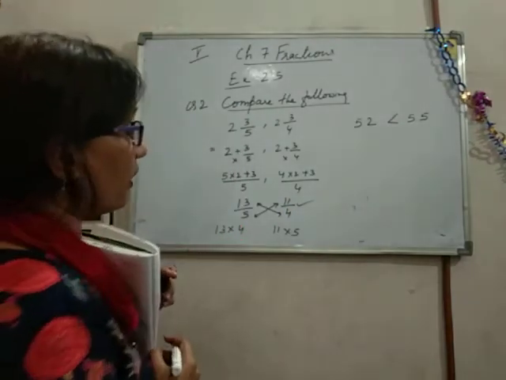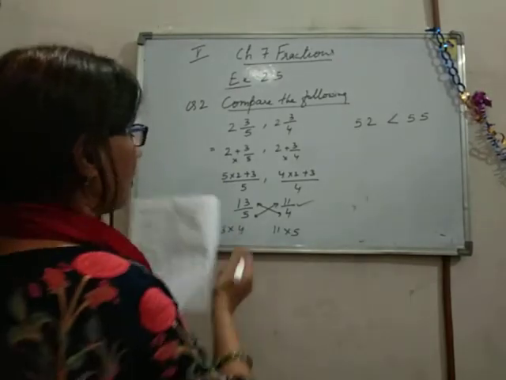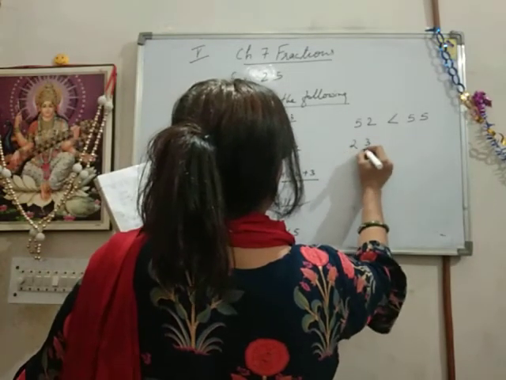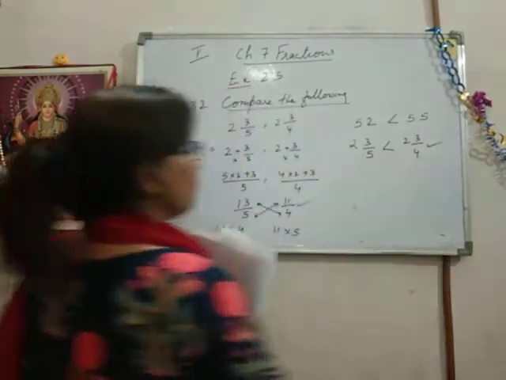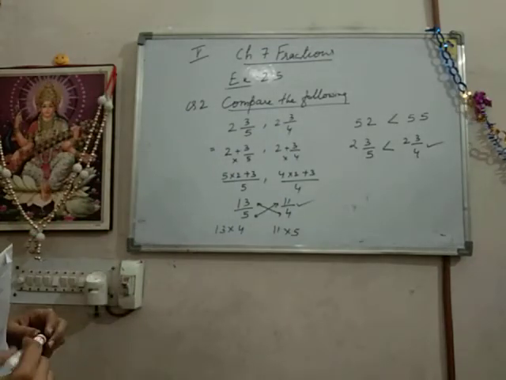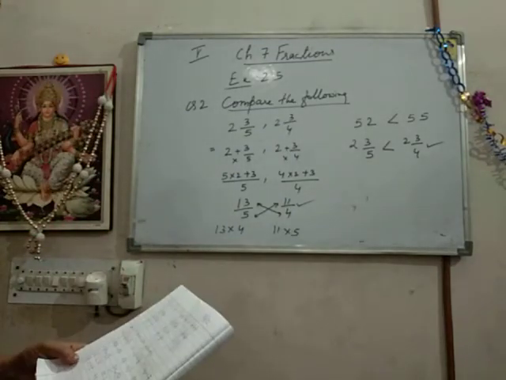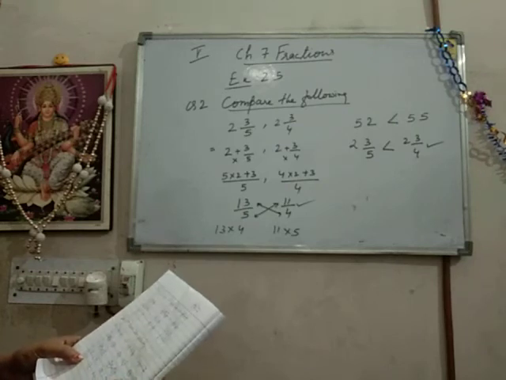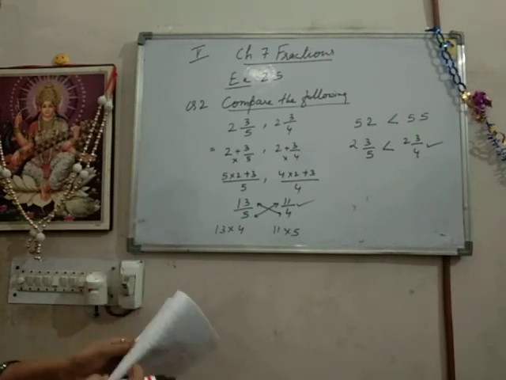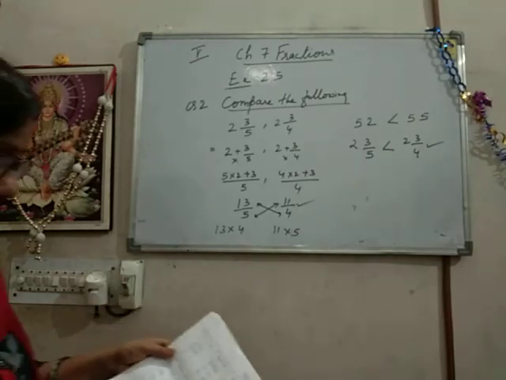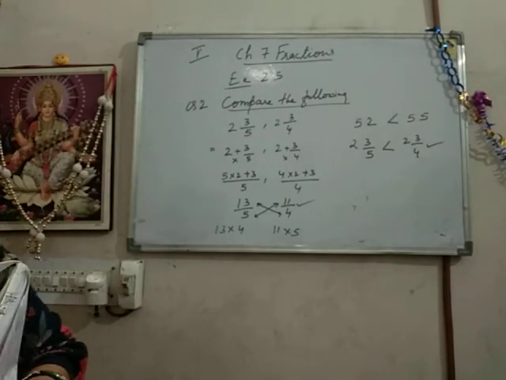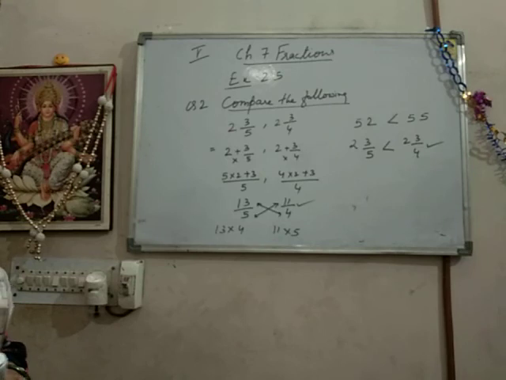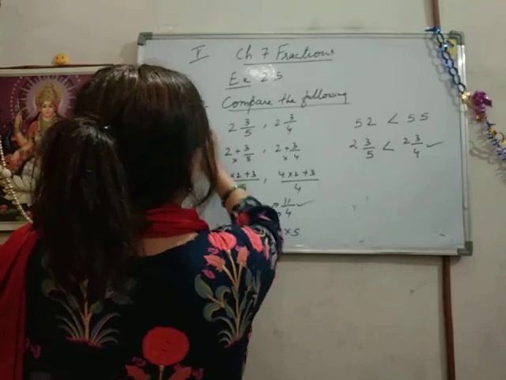But we don't have to write it down in this way. In what way should we note it down? We note it down directly in the mixed form like this. So understood, all of you? Which is the greater fraction now? Which is the greater mixed fraction? 2 3 upon 4 is the greater mixed fraction. Have you all understood now? And all of the questions you try yourself. Okay students, now see question number 3. Arrange the following in ascending order. Is it clear? You try all of the questions on your own. Now I rub this.